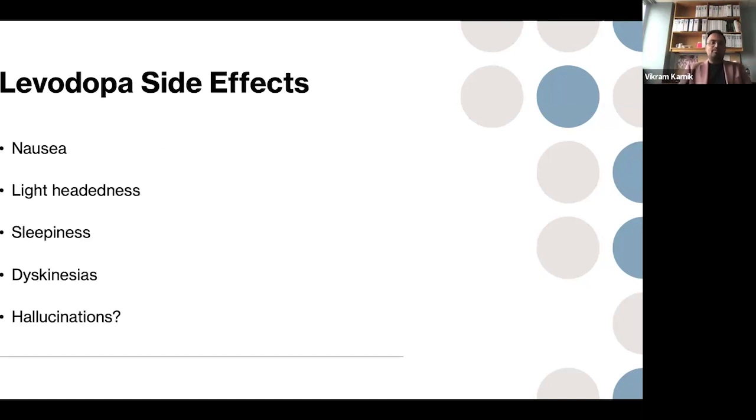Of course, despite being exactly what the body makes, there are side effects that come with levodopa. These are the more common side effects: nausea, lightheadedness, sleepiness or drowsiness, dyskinesia, or those wiggly movements that people sometimes get, and in some cases, hallucinations. And this is because